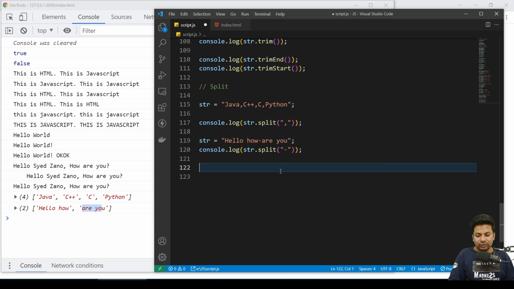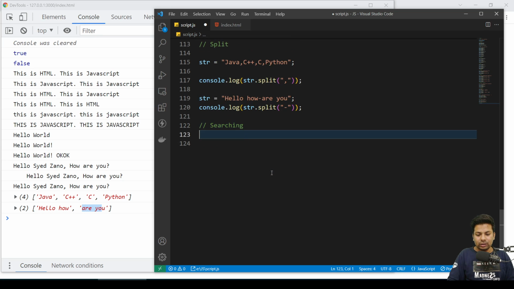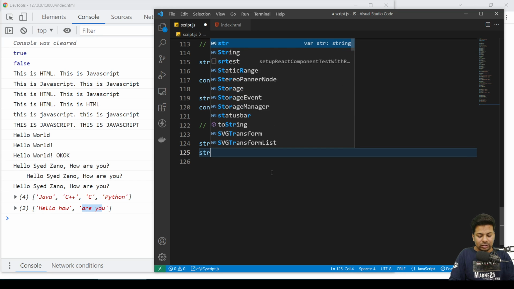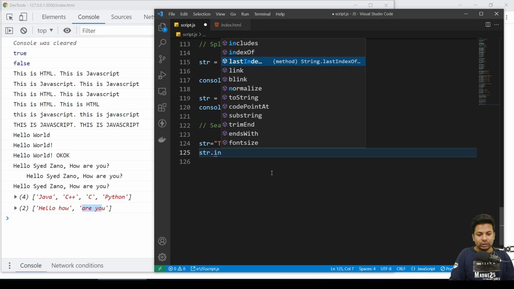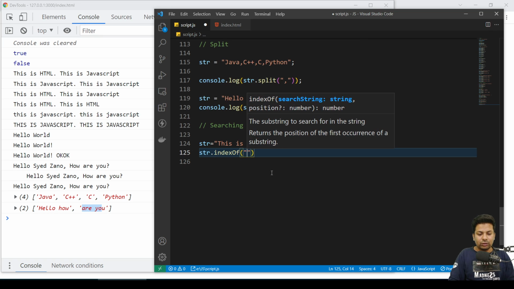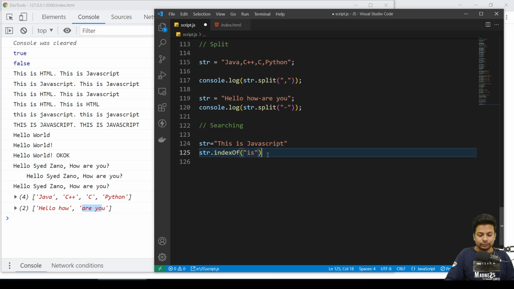Now next we'll see searching, like how to search something. I'll say str is equal to "this is JavaScript". I'll say str.indexOf, I want to know the index of "is", where the "is" is starting. I'll say res equals this and console.log.